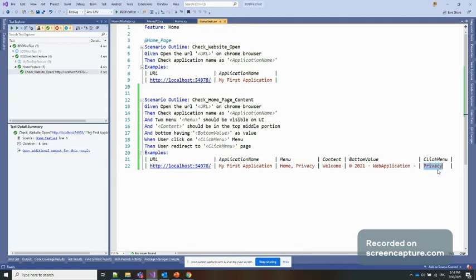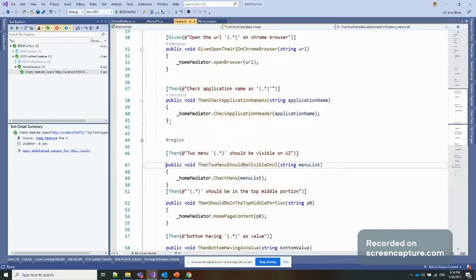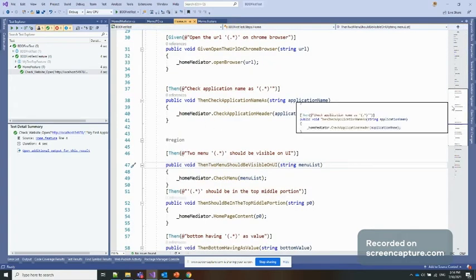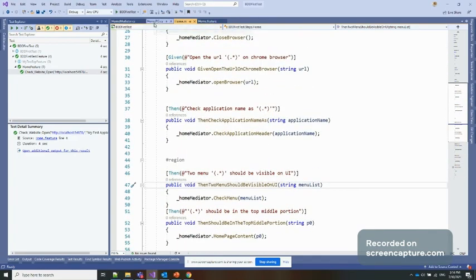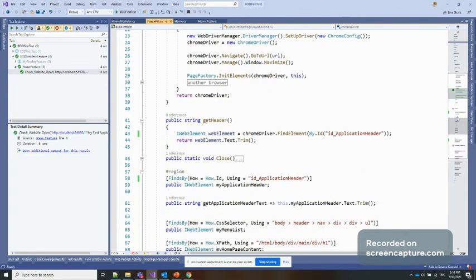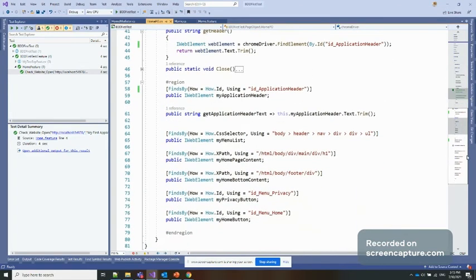We are not doing any big thing there, we are simply checking the content. This one is already covered in the above scenario, so we need not write any new code, because we can reuse things, as I already mentioned in the previous video about reusability of code. And in the next line, if I press F12, because I already wrote the corresponding code, coming on to this PO, because the PO is actually interacting with our web application.